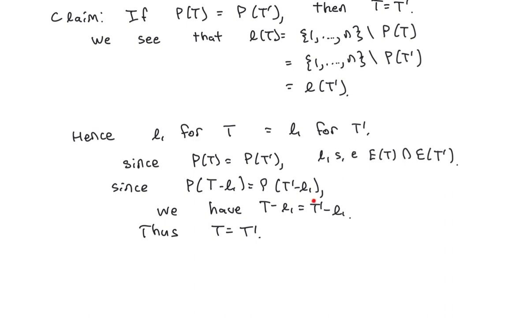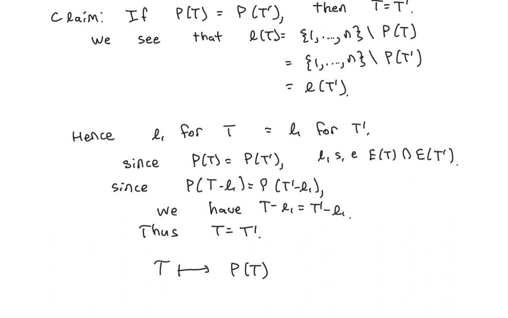And so we have two trees. They agree when you delete the same vertex, and that vertex must be a leaf in both. And in both cases, that leaf edge is the same. So in other words, these two trees must be the same. This tells you that the function that takes a tree and sends it to its Prüfer sequence is a bijection between the set of trees and the set of integer sequences of length n minus 2 containing only entries